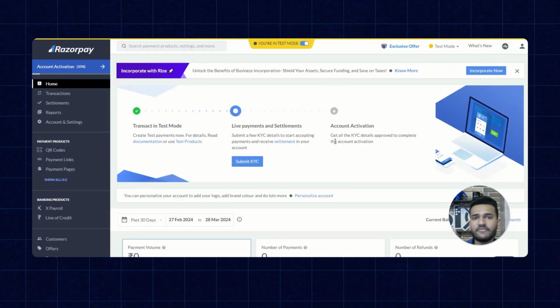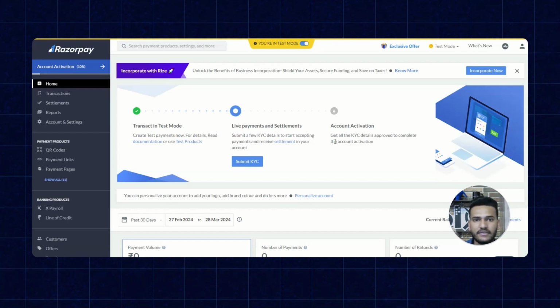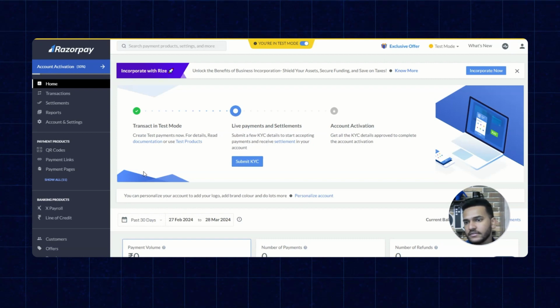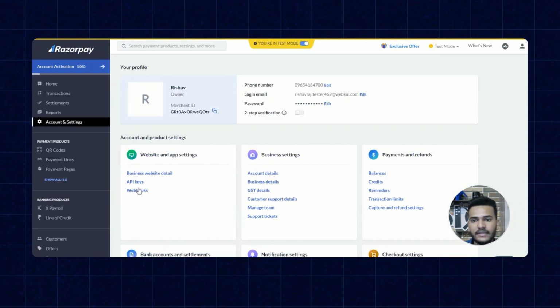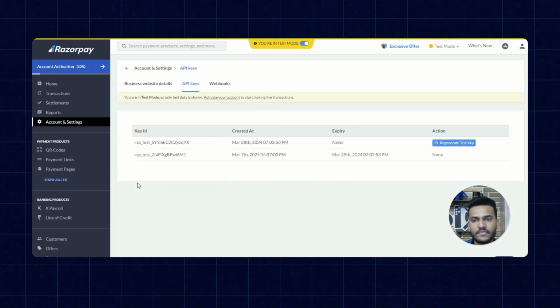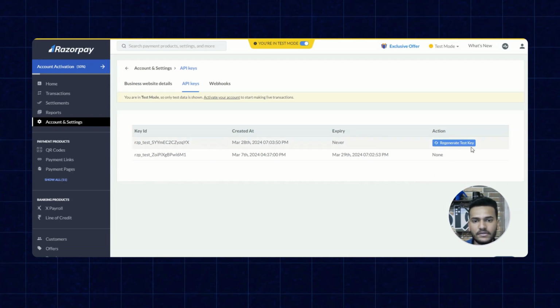First and foremost, we have to create our Razorpay account. Once you have successfully created your Razorpay account, we'll have the dashboard right here. Just after the login, this will be the UI that you'll get. To access the API details, go to Accounts and Settings and click on API keys. Once you click on API keys, you have the API keys available. Choose the most recently created one and click on Generate Test Key.